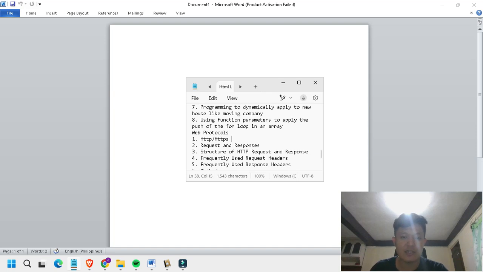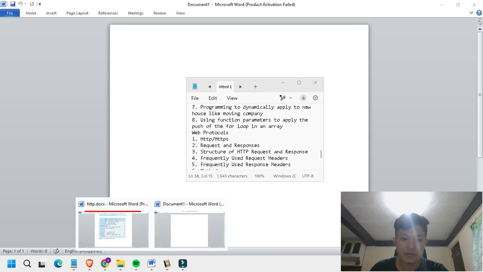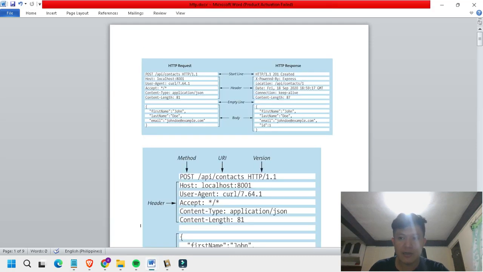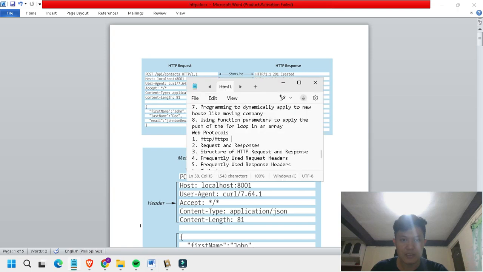HTTP and HTTPS define how we communicate with the web server. Remember the client to web server basic principle: HTTP is the protocol used to send requests and responses.